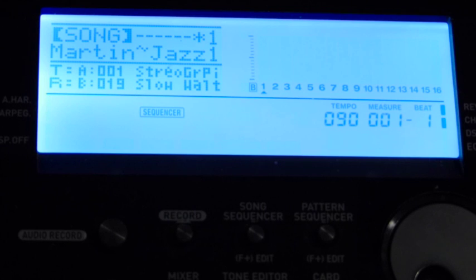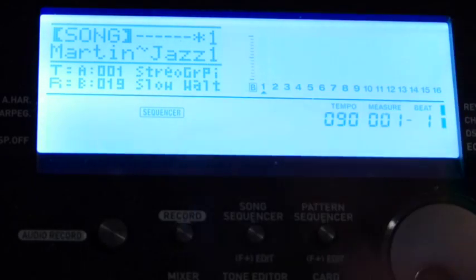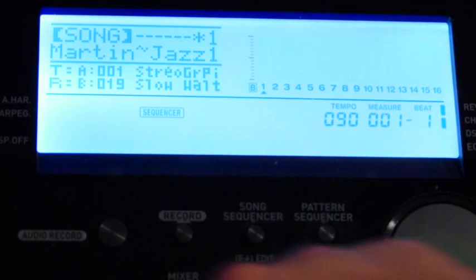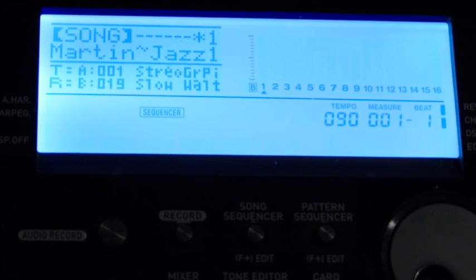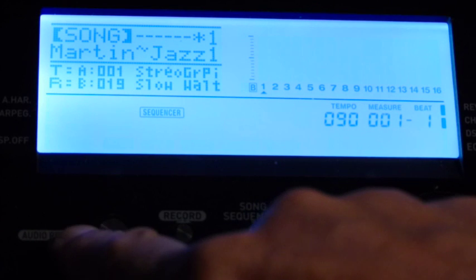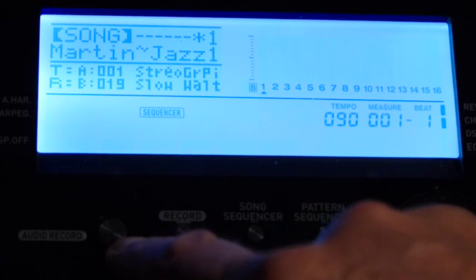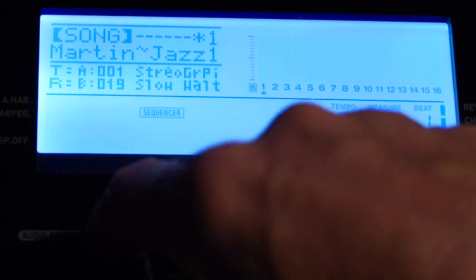Today we're just doing the audio mixer from the external points, and we're going to set this keyboard up to record audio. So, as you can see, I am in the song sequencer mode, and I've picked out my song. That's Martin Jazz 1, and it's ready to go. But I need to set up the audio recorder now. So now I'm going to this big old button over here that says audio record. I'm going to press it once,